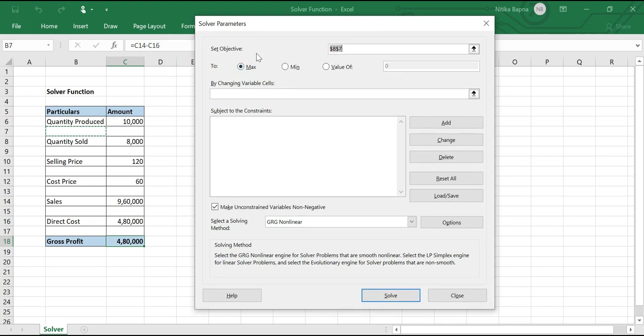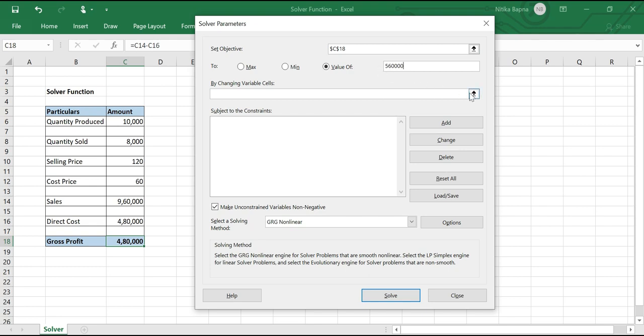So first is set objective. Our objective is always on gross profit, so we'll select that, and then what value we want. If I choose maximum, minimum, or a value, if I randomly give some value like 560, it might happen that according to the parameter settings, the value of this end result may change.